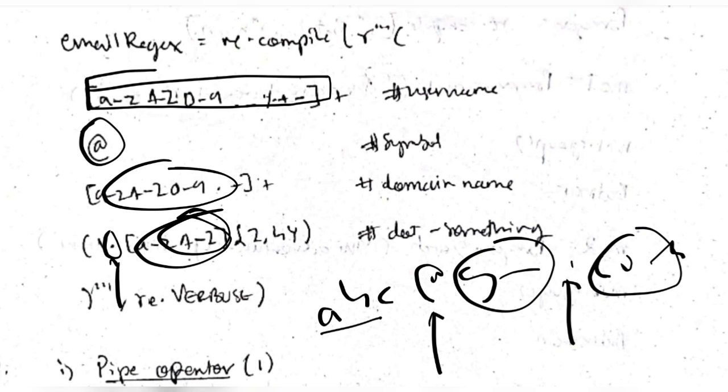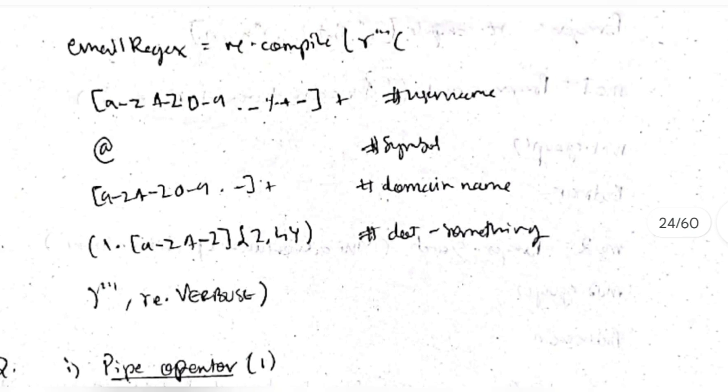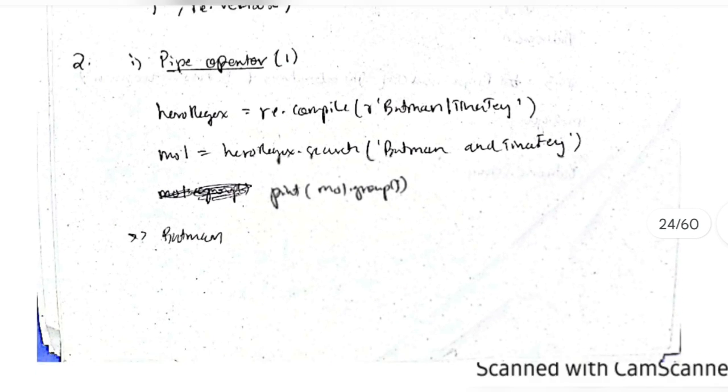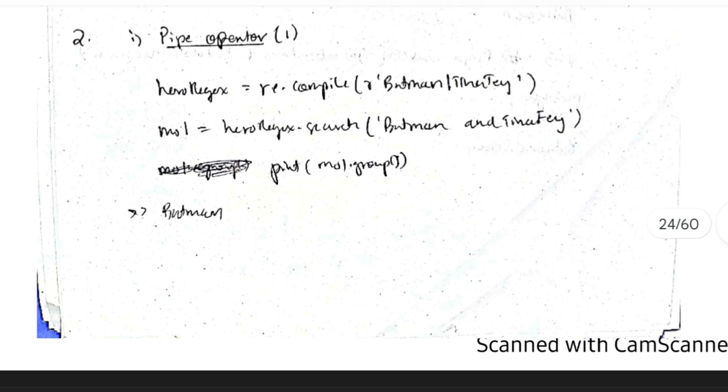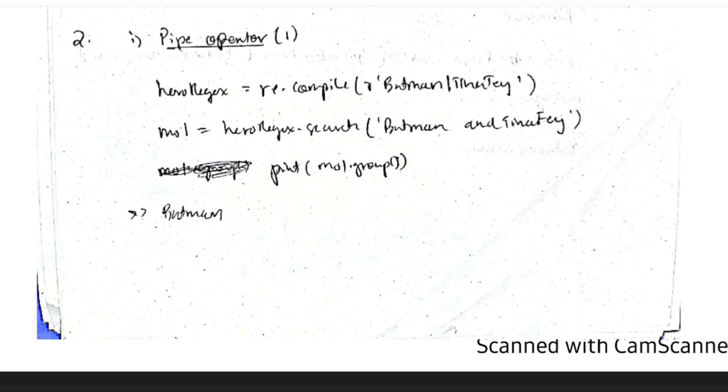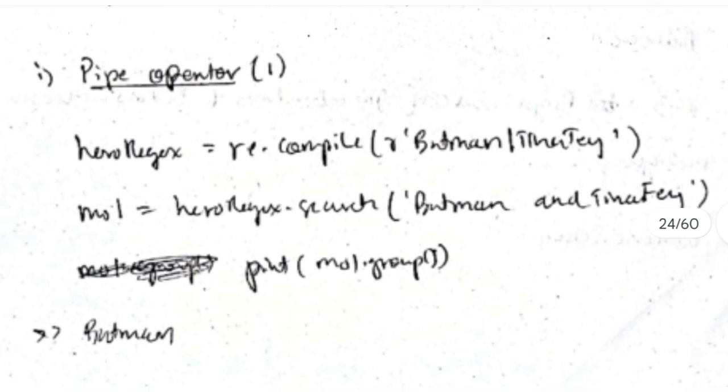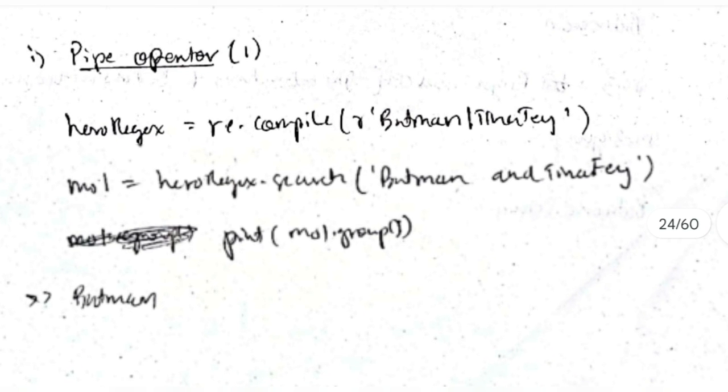Okay, so this is the regular expression for the email. Okay, next we have the explain with examples, pipe operator. So a pipe operator, just write what it does. It matches the multiple values. What I mean is,